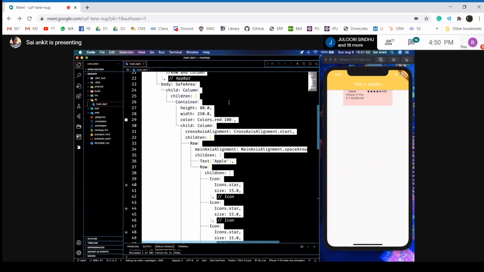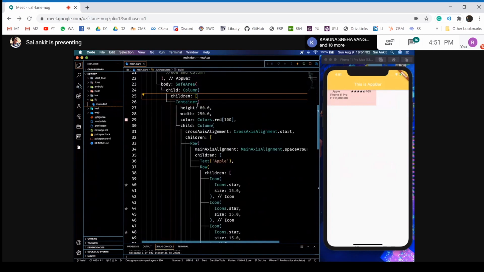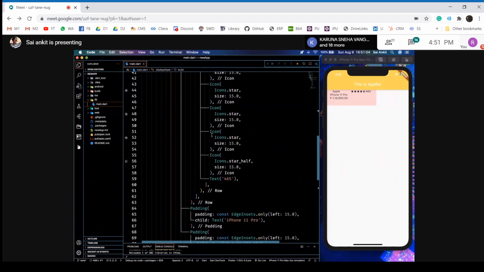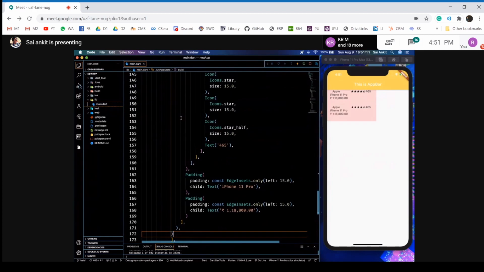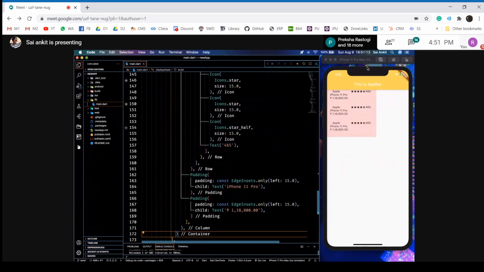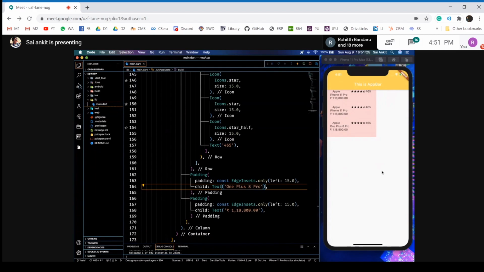This is useless now. So since I've copied this container widget, I'll just paste the container widget 3 times after the container completes. Paste, paste. So I got 3 containers. You can go into the appropriate place and change the stuff. If I want to change the last one, I can change it like 1 + 8 row. Okay, and you can also change each color and stuff. So this is how you hard code everything.